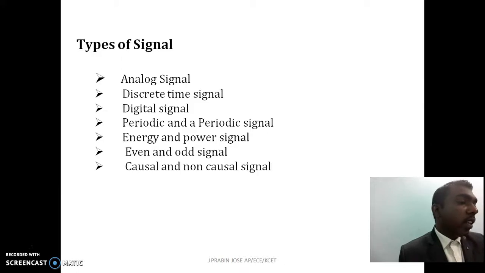Energy and power of the signal. Even and odd signal. The condition for an even signal is x of n equal to x of minus n. The condition for an odd signal is x of n equal to minus x of minus n. A causal signal is defined for n greater than or equal to 0, and a non-causal signal is defined for both n greater than or equal to 0 and n less than or equal to 0. I'm not going to explain all these things in detail. We directly see how to do